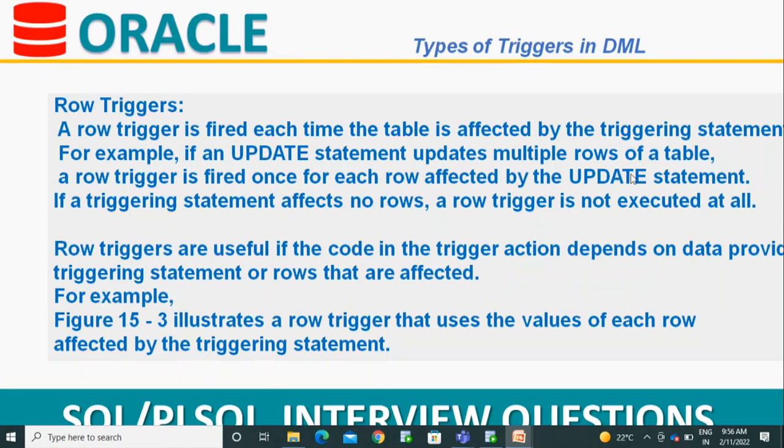Meaning, you are updating some table: update EMP set salary equal to 500 or 1000 rupees. If the table has 14 records, the row level trigger will fire 14 times. The update will perform row by row